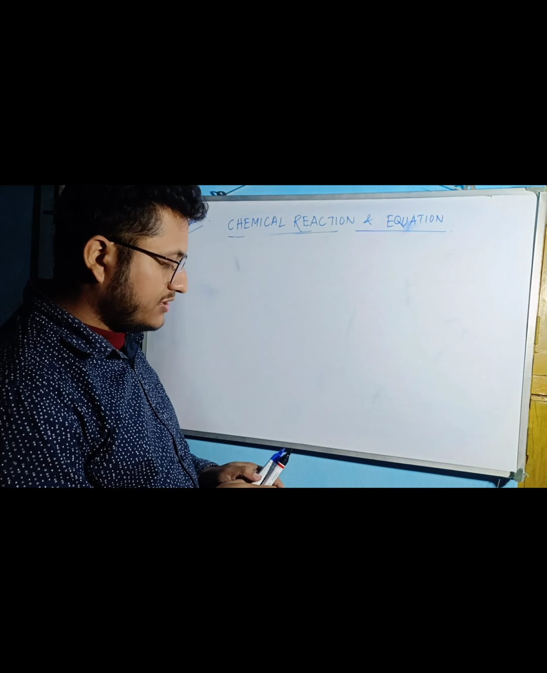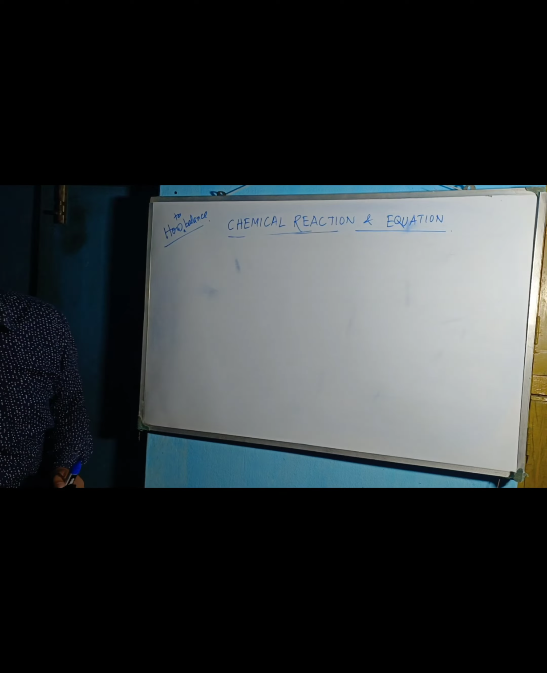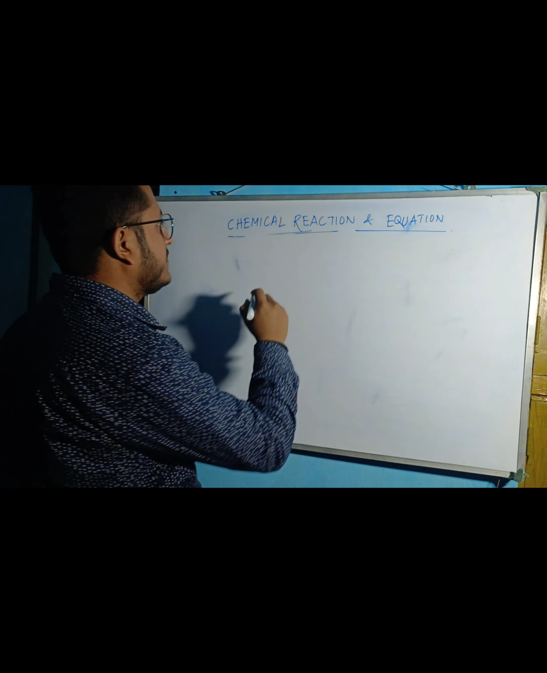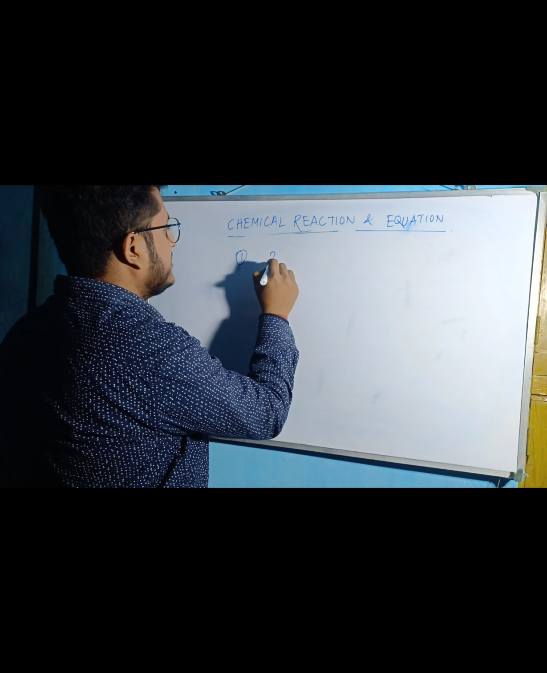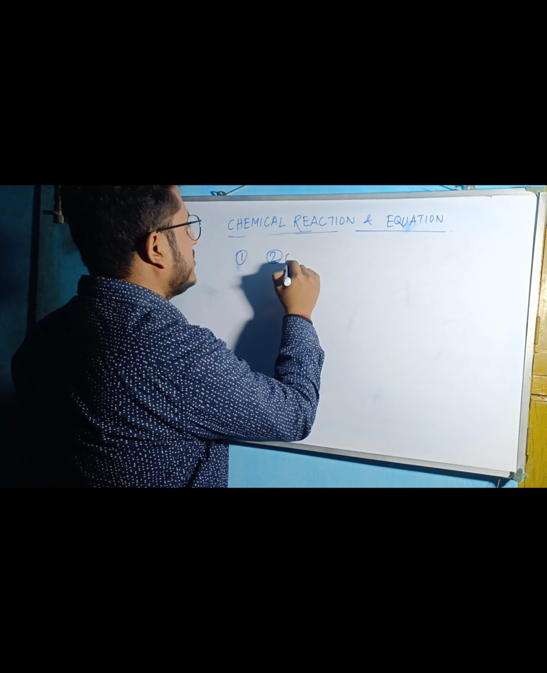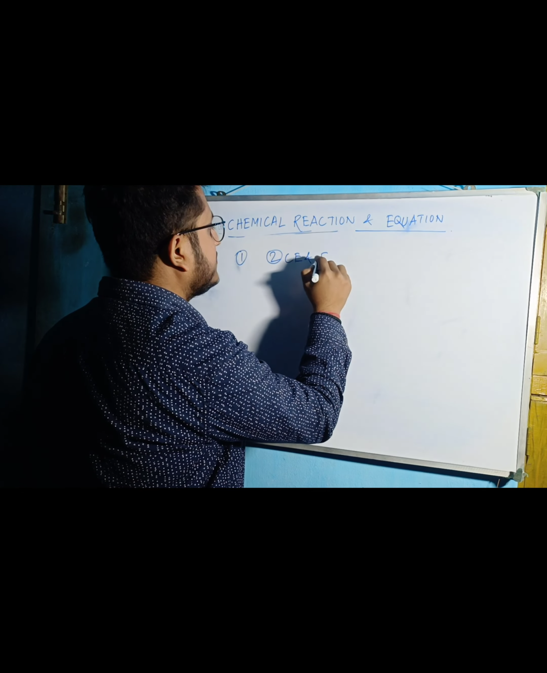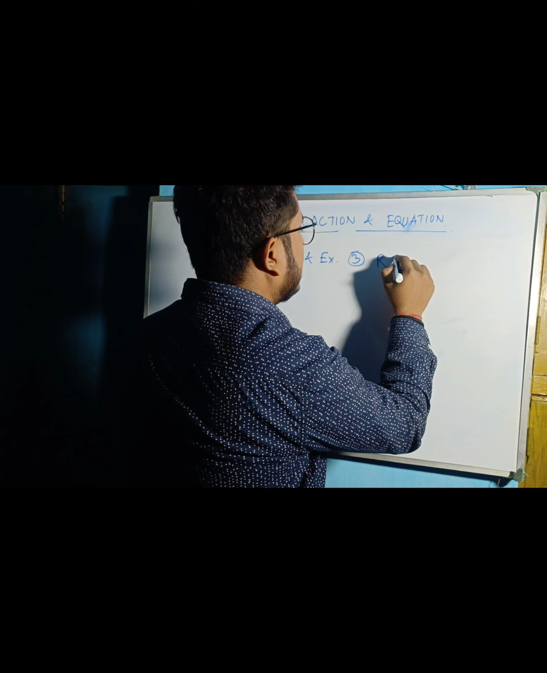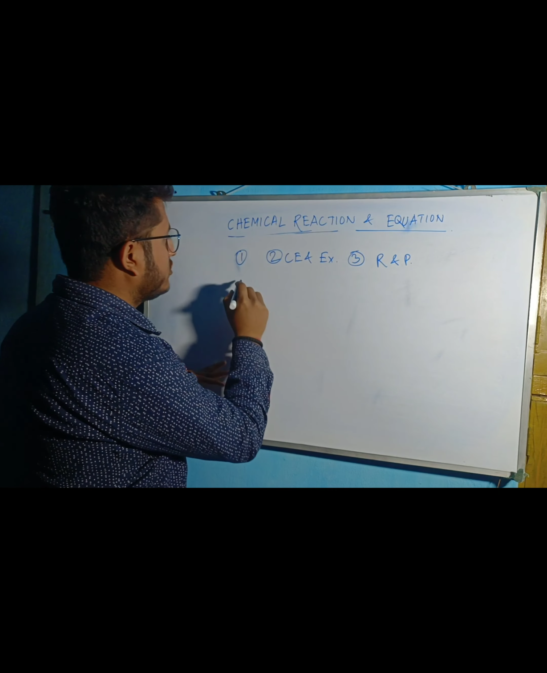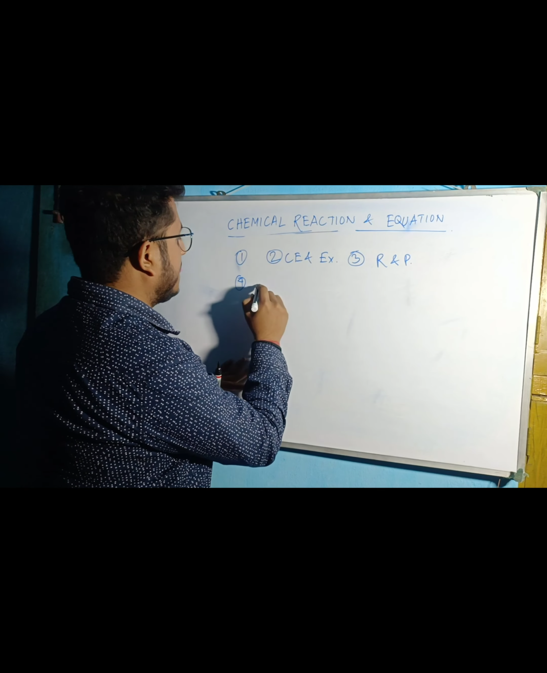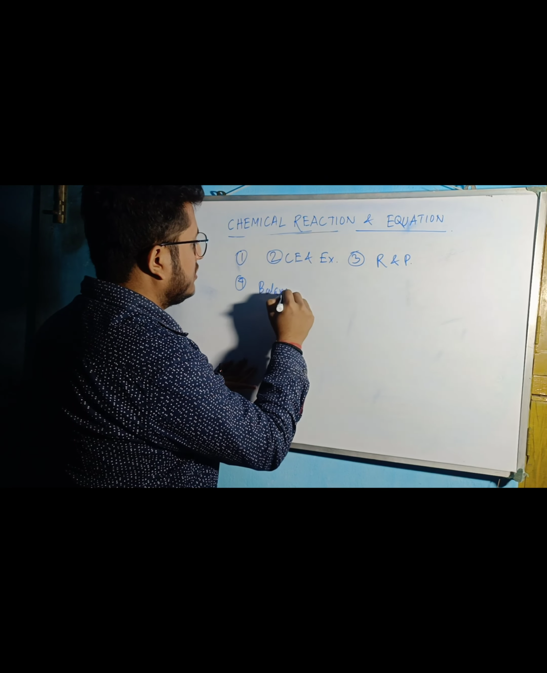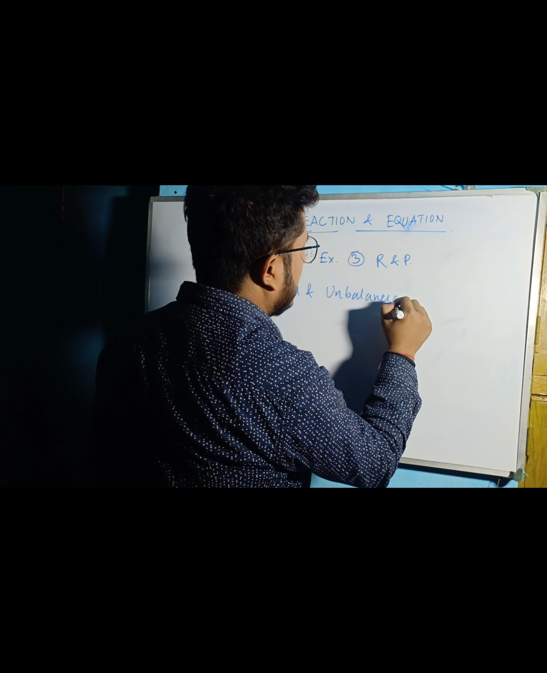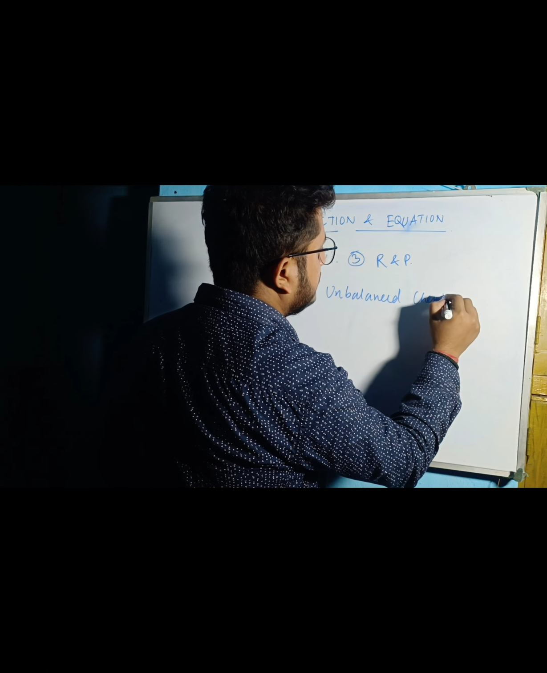So that is why I am giving the real life examples. First, what we have studied till now is chemical reactions and their examples. Second, we have studied the chemical equation and their examples. Third, we discussed the reactants and the products. Fourth, we have discussed balanced and unbalanced chemical equations,